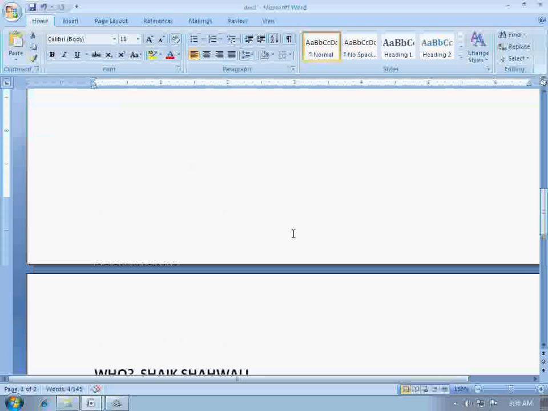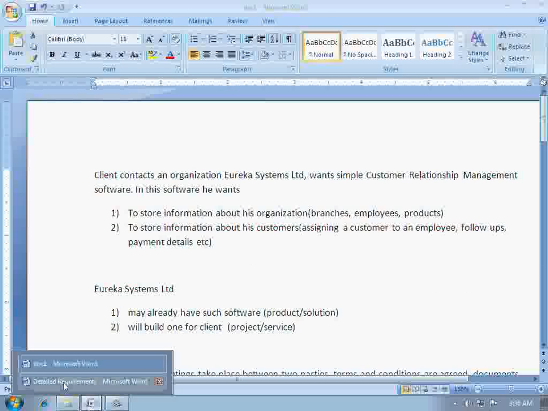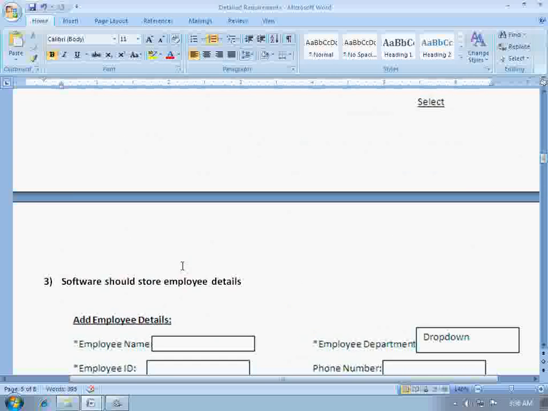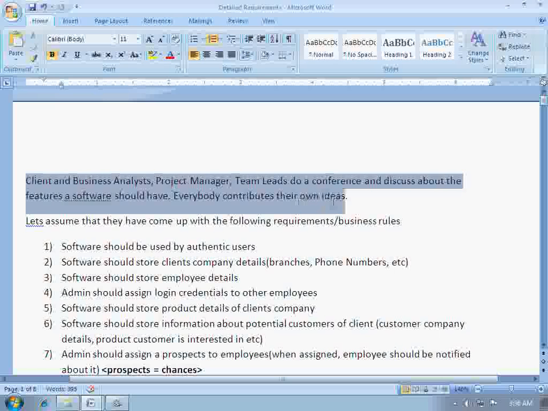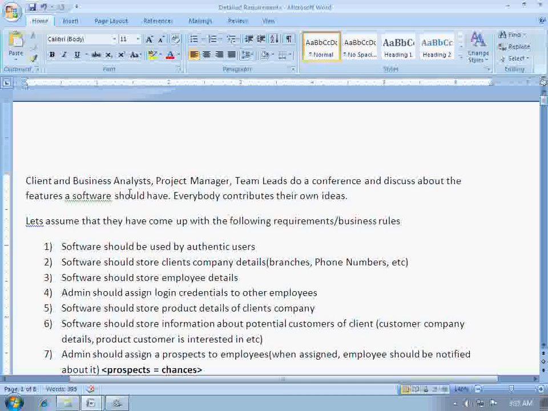Okay, let's check another document. Here detailed requirements are given by the client to the organization. So the client, business analyst, project manager, and team leads have a conference, and they discuss the features that the software should have. In this meeting everybody will contribute their own ideas. Say, for example, the client will give some 10 or 12 requirements, and the project manager will give his own ideas, say 5 requirements, and the team leaders or senior engineers or executives give 5 more requirements, like that. So the whole group of people will